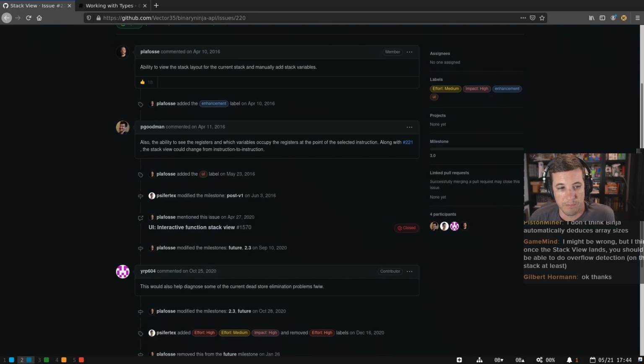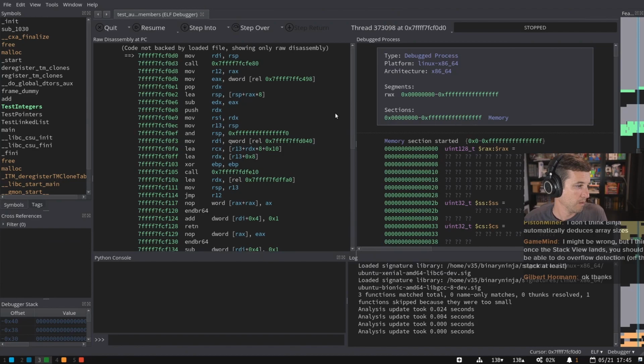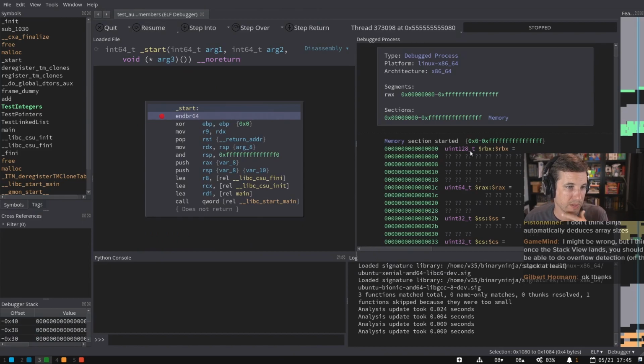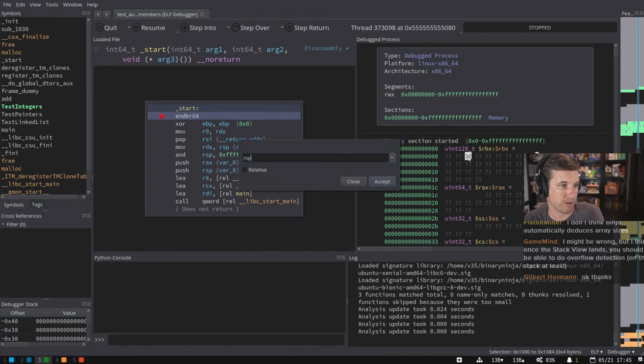And so you would at least be able to see, okay, here's the reference to that. There's this many bytes between these two. It's intended specifically for that kind of situation. Actually, I prefer the memory layout. So let's resume. Let's go to our breakpoint. I think I can go to $RSP.